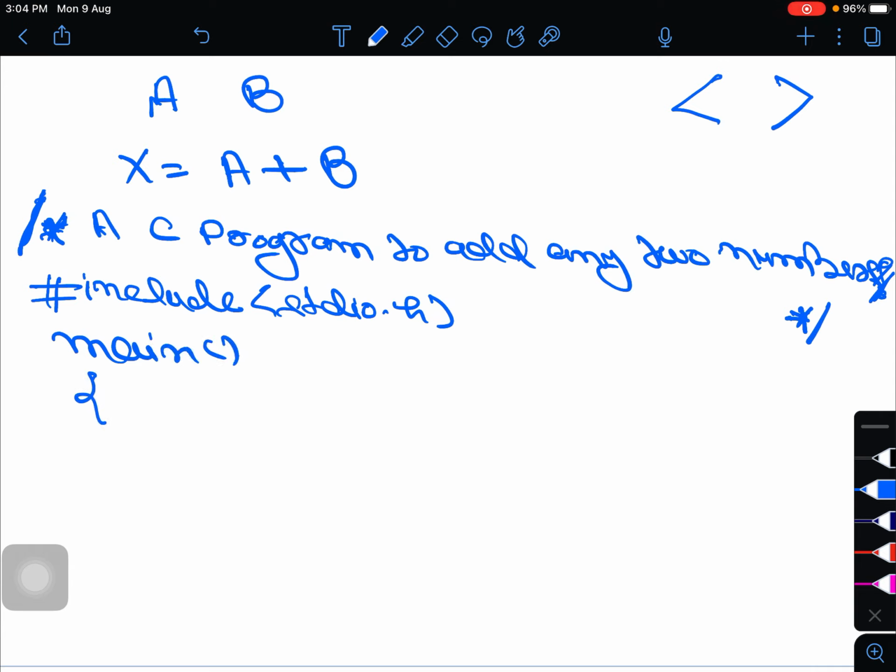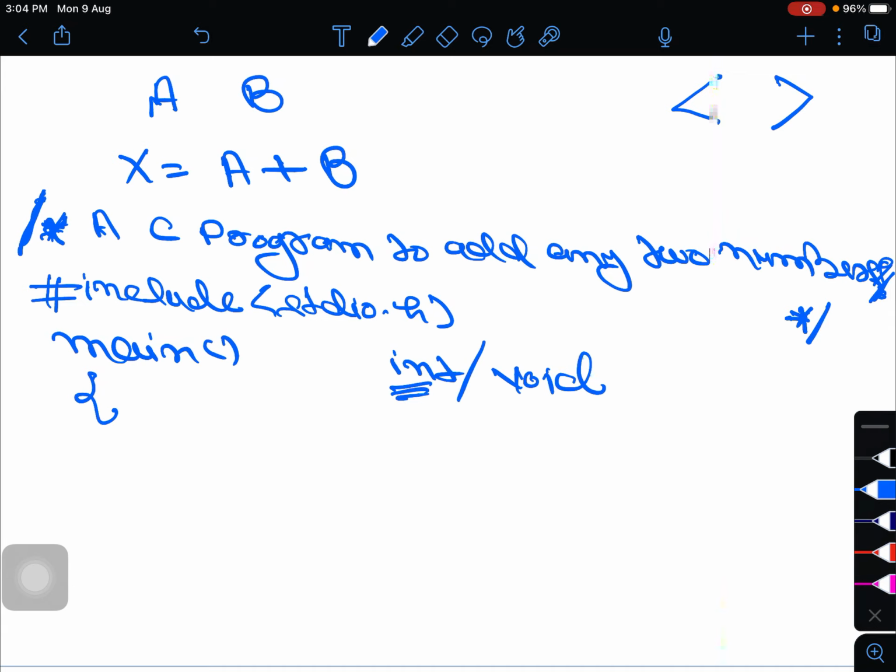Now after this, we can see main. There are two ways to write main. First, we can use int before the main, or void. If you are not using int before the main, then by default it will return an integer value.